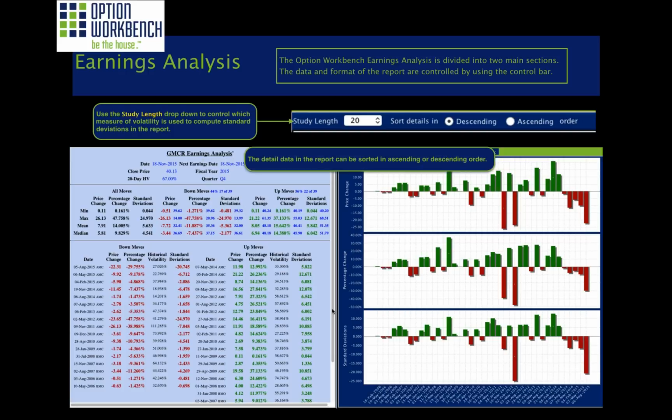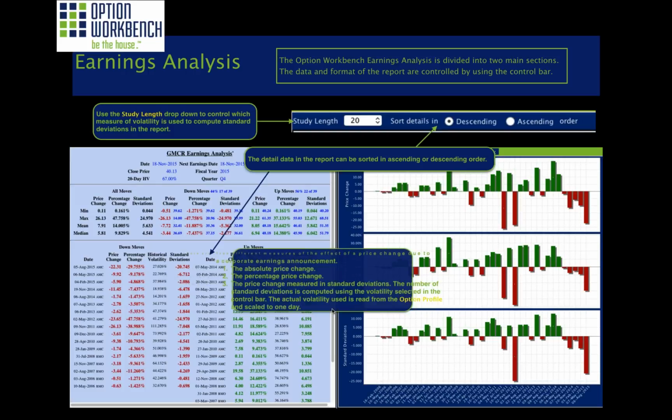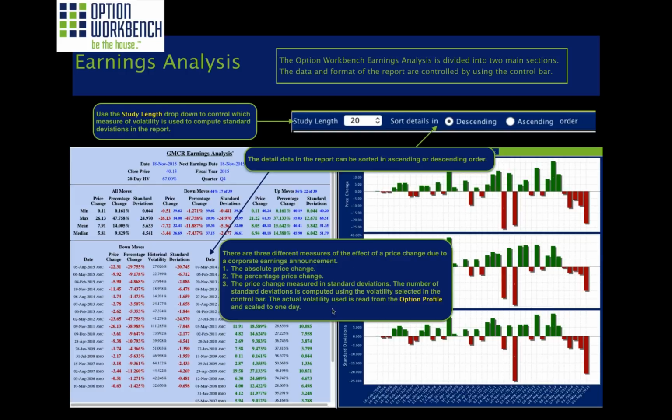And we'll see how that's used a little bit later. And the details on the report can be sorted in ascending or descending order based on what's selected here. This is actually a new feature. There's some new data on this report too with the release that actually just went out today.